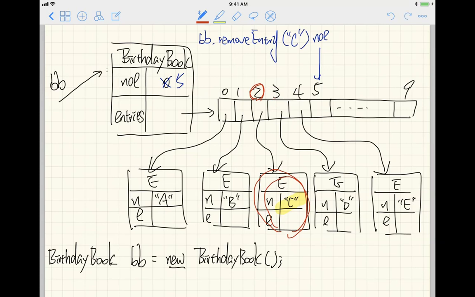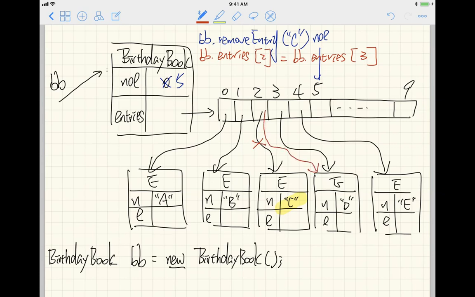So it will be as if we do the following assignments. Okay, I'll write it down here. So now you can think about we have bb dot entries at position 2, because the entry we would like to remove is at position 2 right now. That one is not going to point to this entry anymore. What we will do is we'll say that one is assigned to bb dot entries 3. Okay, so what does that do? What that does is it is going to say rather than pointing to here, it is going to point to